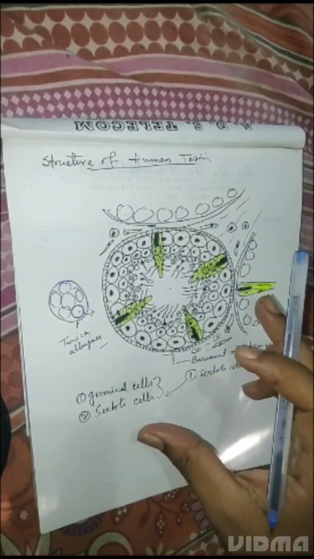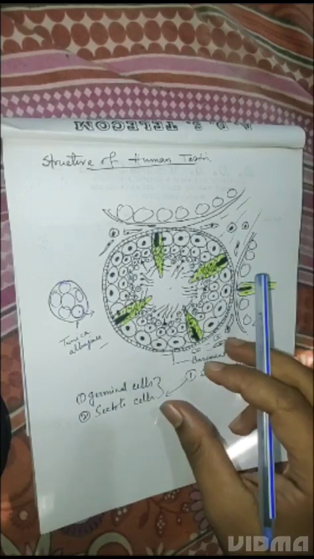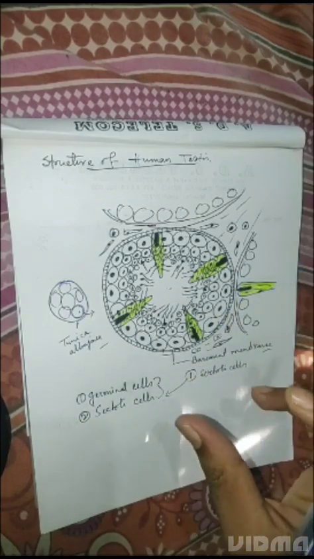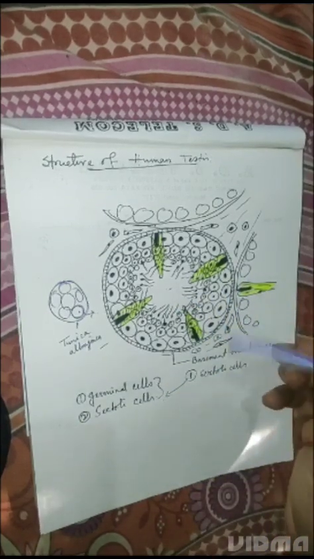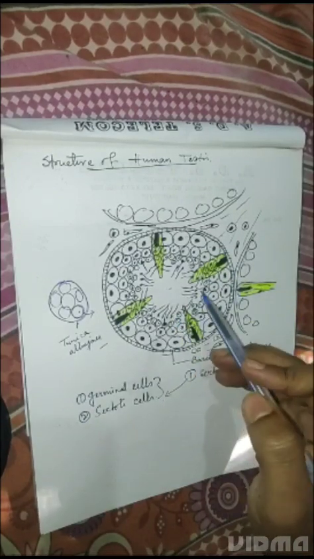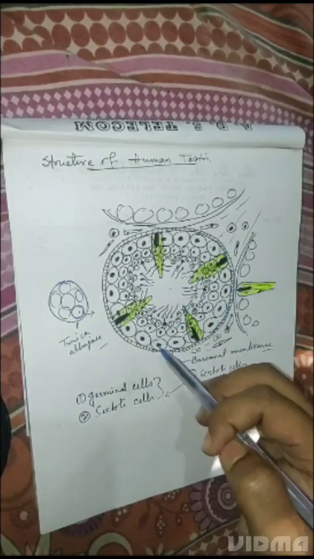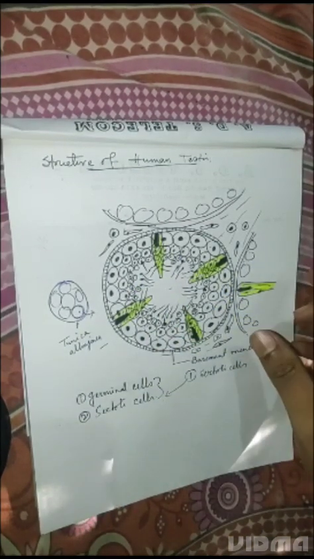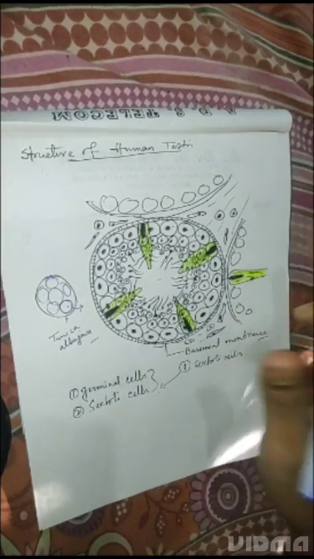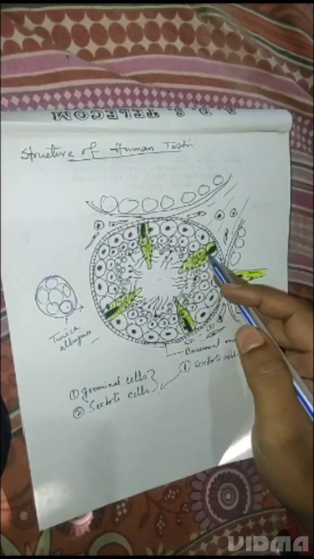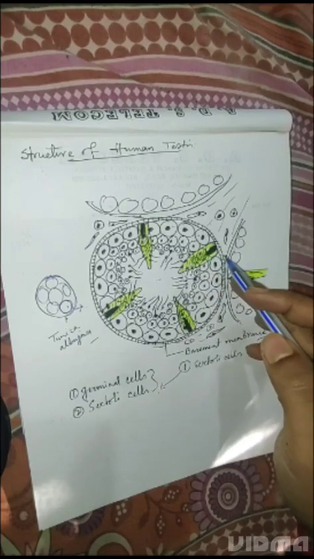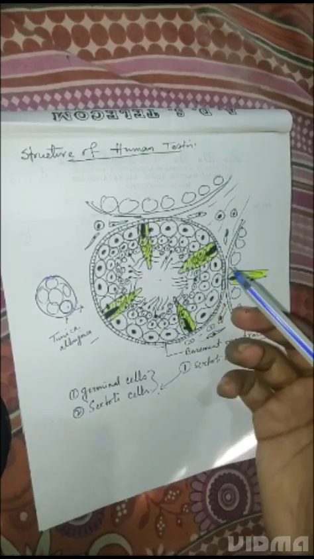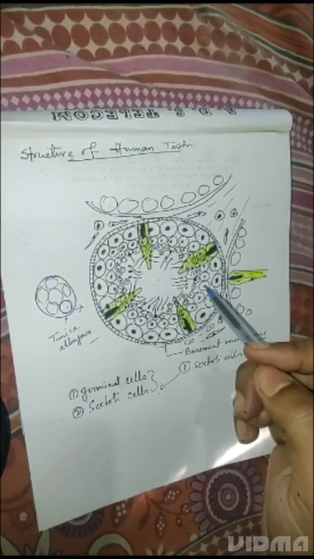So this is the cell which provides food, nourishment and protection to the developing spermatozoa and other germinal cells. Spermatozoa means sperms, and other germinal cells means this kind of cells. We are getting to it after that when we discuss it. So that's the Sertoli cells. It has a triangular shaped structure with a not distinct nucleus, you can say, and this provides food, nourishment and protection to the